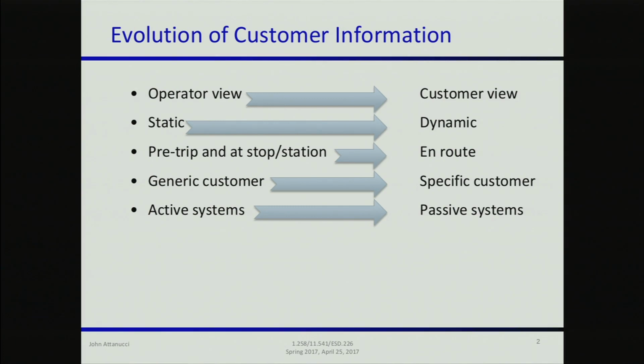So this is a spectrum of components of customer information, or characteristics of customer information, and how it's evolved from what transit agencies are providing to their customers. On the left is the old stuff. On the right is where it's going, and it's not all there yet, but